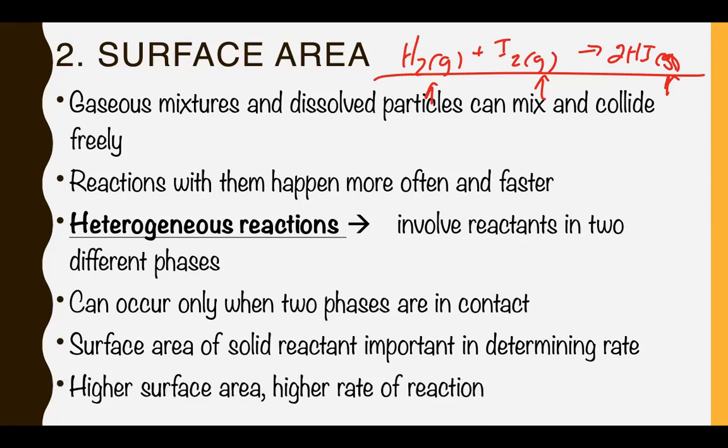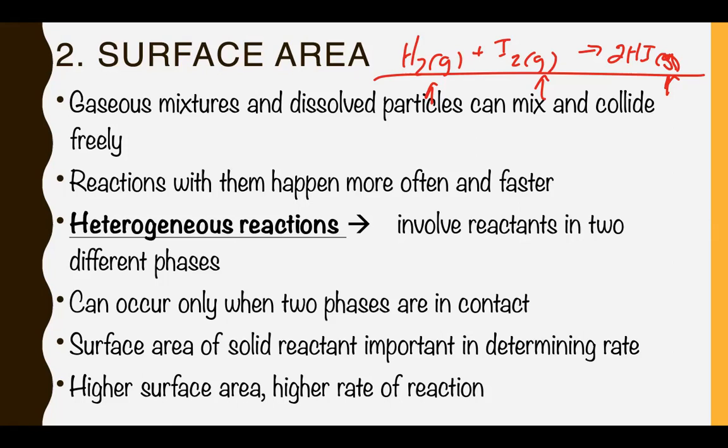So the more surface area for a solid, the higher the rate of reaction. You can probably apply a real-life scenario if you think of dissolving cubes of sugar in a glass of water versus granulated sugar in a glass of water, or a chunk of salt versus salt granules. If you have the powdered sugar or the granulated sugar that's not in cube form, that's going to dissolve much quicker. I think I talked about that many chapters ago, when we talked about solutions and how they're made,